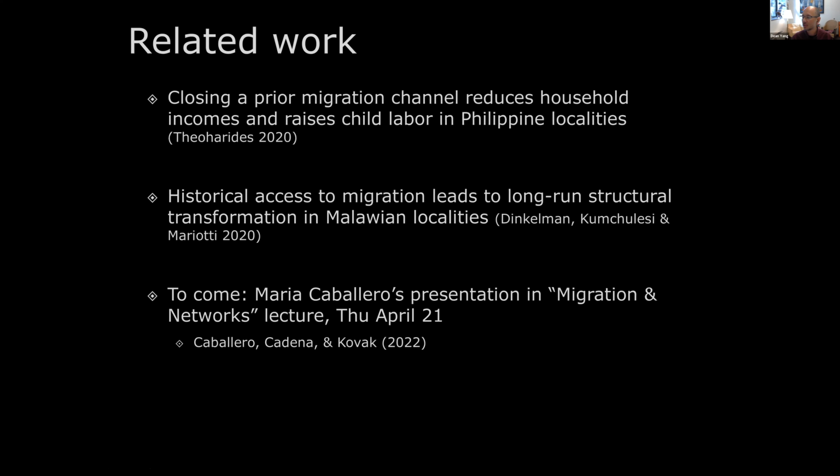Let me take Nicole Carnos's question regarding the insights of the outflow of skilled workers. Is there some evidence on the effect of the African diaspora moving back to their home countries? I can't think of a paper that comes to mind right now. Certainly the impacts of African migration on present day outcomes have been nicely analyzed in the paper by Dinkelman, Cumciulesi, and Mariotti that I just mentioned. I would refer you to that.